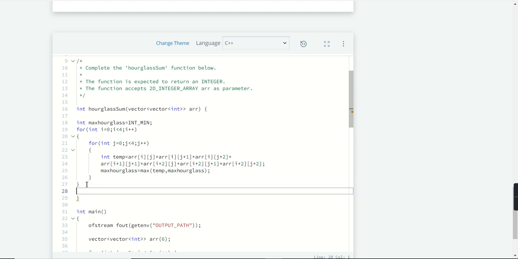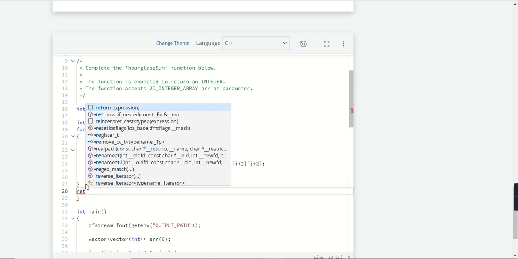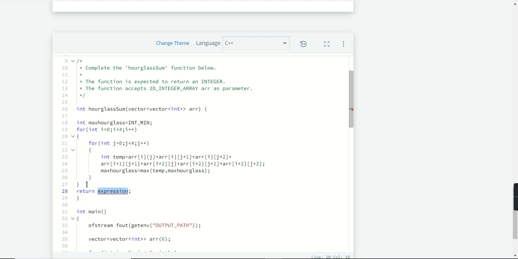Now I will return the value, return maximum hourglass.